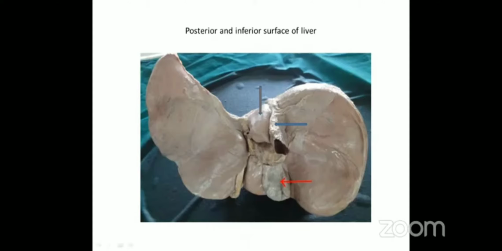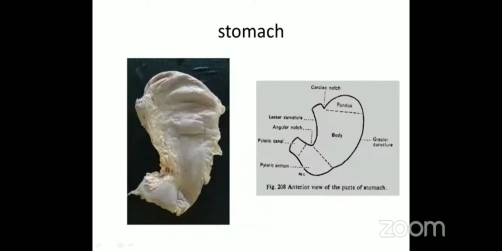Coming to the next organ, that is the stomach. You should know again the anatomical position, same as for the liver. The broad area should be on the right side, and the tapering portion should be on the left side, and the inferior vena cava directed upwards. For the stomach, the lesser curvature should be to the right side and the greater curvature to the left side. And there are two ends, the cardiac end and the pyloric end, and there is an anatomical sphincter, a thickened muscular layer you can feel, that should be distally away from you.